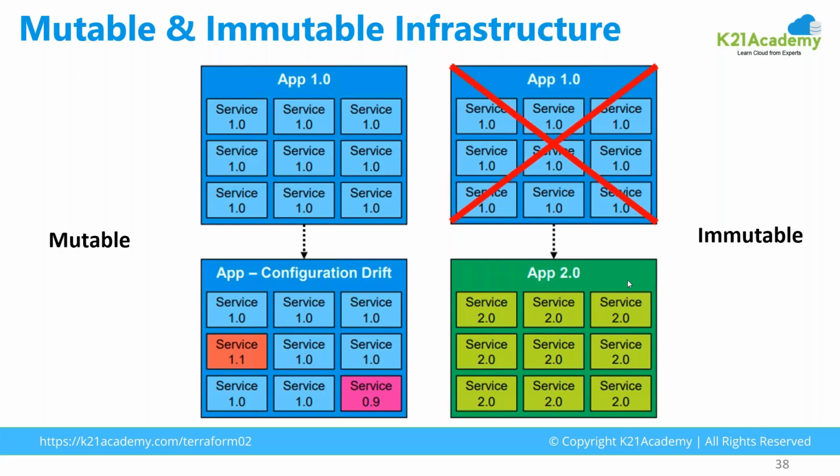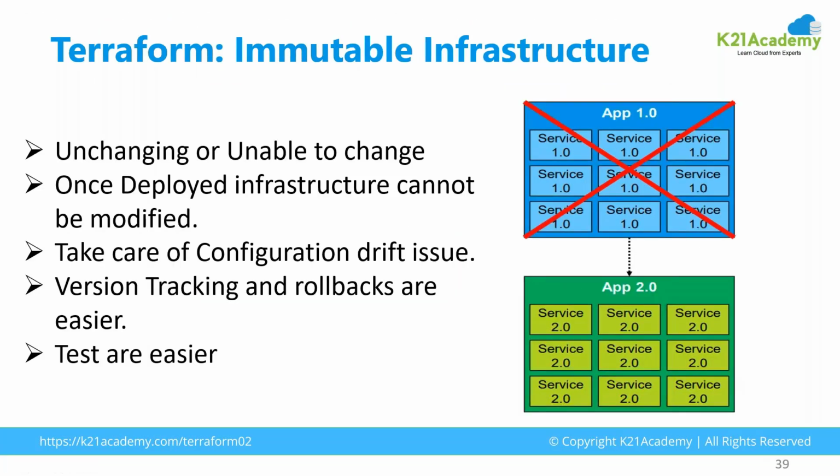But there might be some OS vulnerabilities, or the version might not be the latest there. So they have now shifted to the made to order pizza model, which basically, as and when required, creates the technology stack as well with the latest image, deploys the new code and gives it. That is more like an immutable infrastructure. Whenever you need it, you create a fresh one with the new image, deploy it, and give it to your team. So you can also manage it without configuration drift. Right, so this is about it.